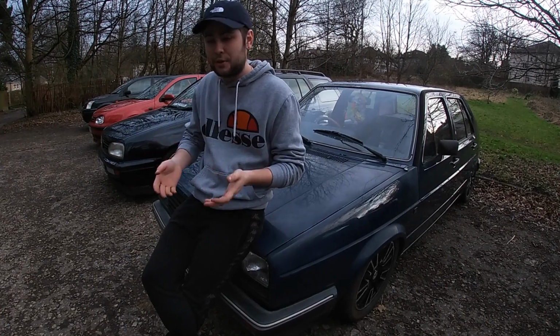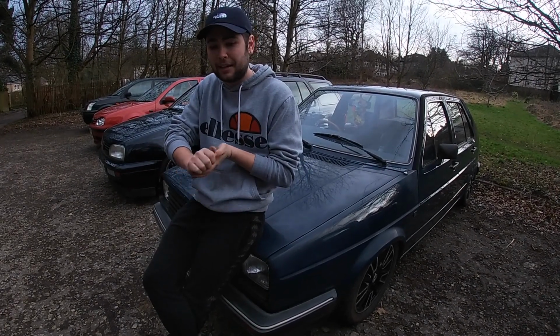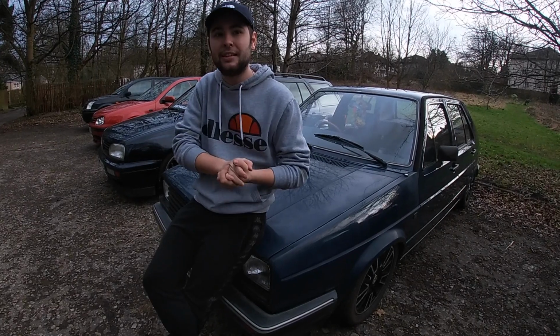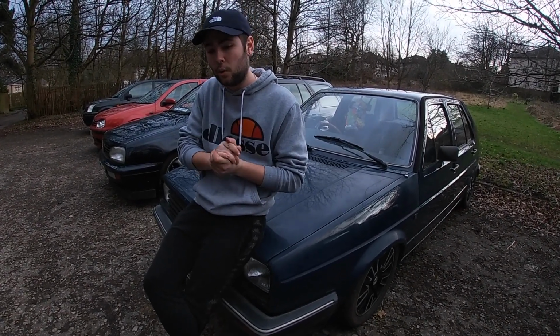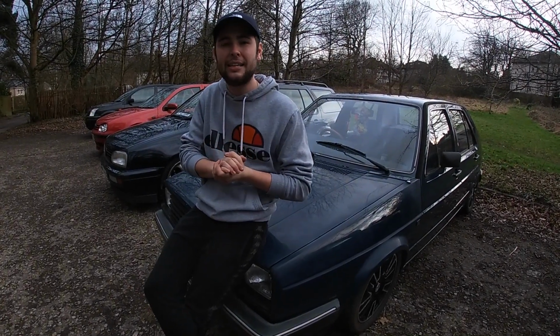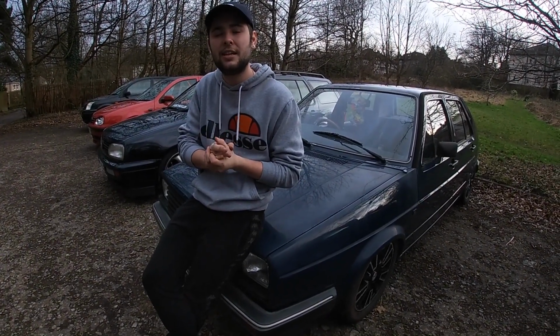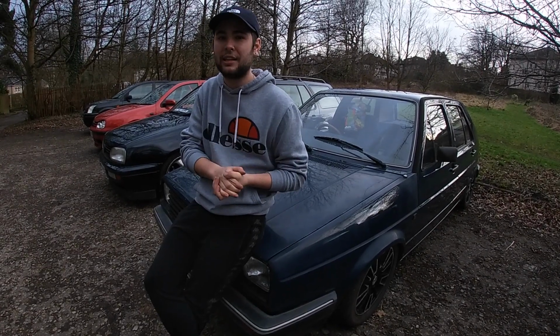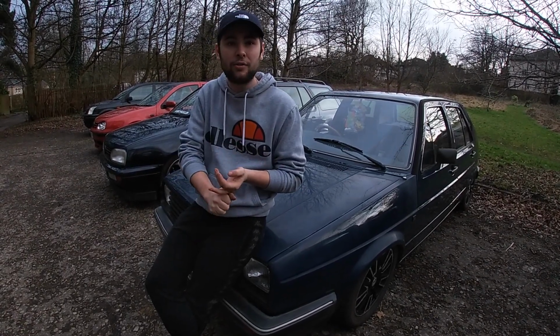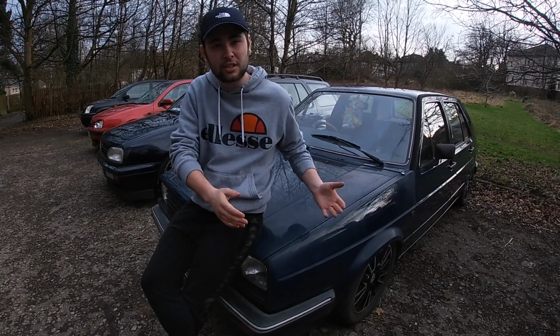You could get loads of different engines in Mk2 Golfs, from a little 1 litre, which a lot of people didn't know existed in the first year of production. You could get a 1 litre Mk2 Golf, all the way up to a 1.8 GTI engine, 16 valve. And then special editions included the Rally Golf with the boxed off square arches with a G60 supercharged engine in it,